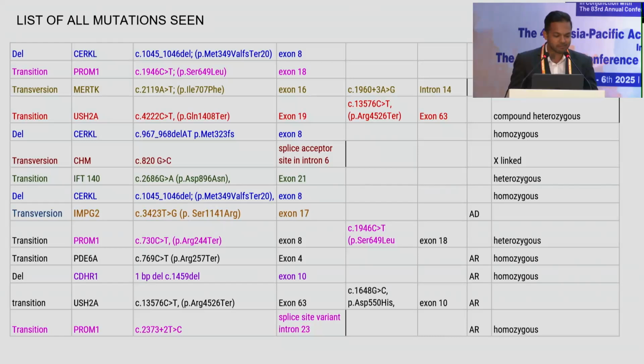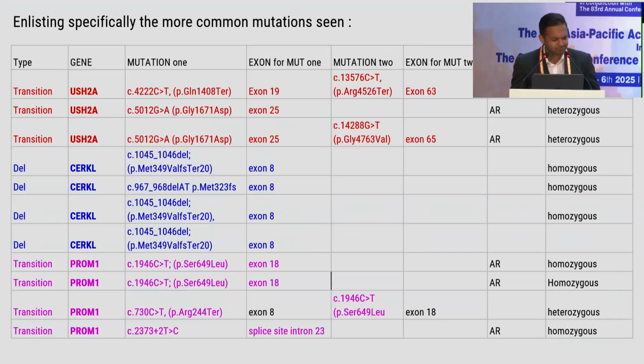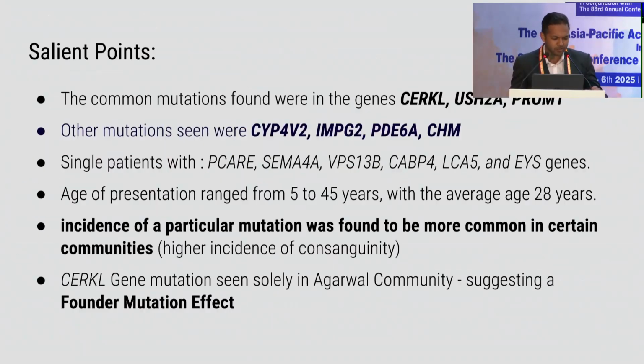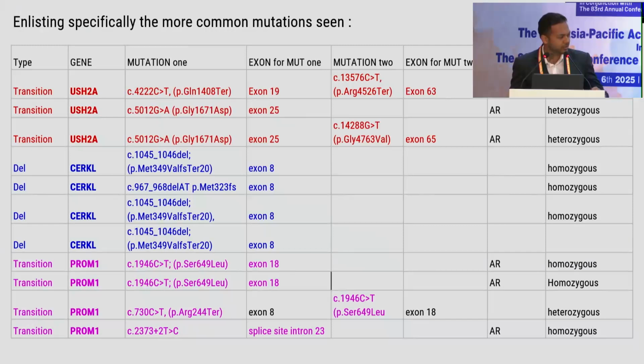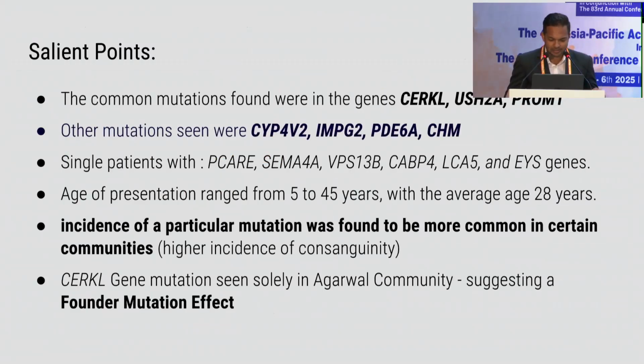So sequencing patients with retinal dystrophies, one of the important things that came out was that we were seeing three more common genes being involved. Specifically, the AIOS2A gene, the circle gene, and the PROM1 gene in our patients. And the other mutations were in the CYP4V2 gene, CHM, PDFXA. But what I want to emphasize was that a particular mutation was found more commonly in certain communities, which is likely because of the higher incidence of consanguinity. And specifically, the circle gene mutations we were seeing solely in the Agarwal community, which could potentially suggest a founder